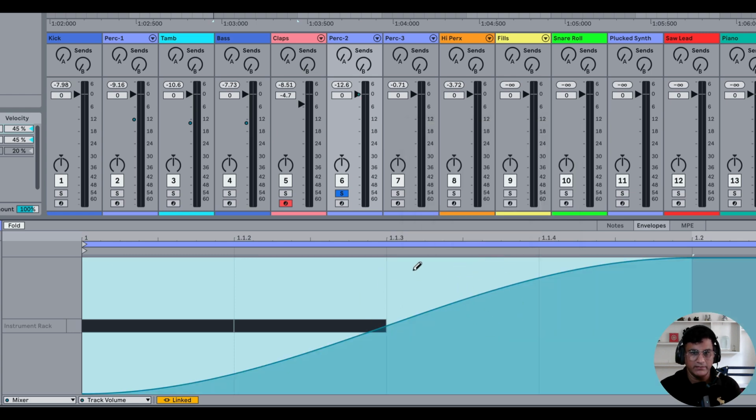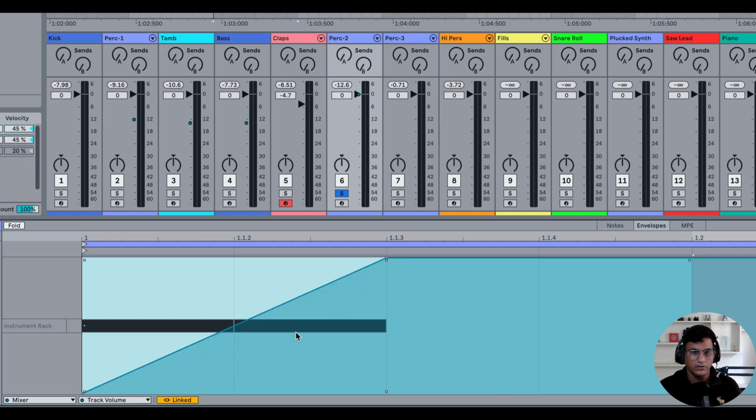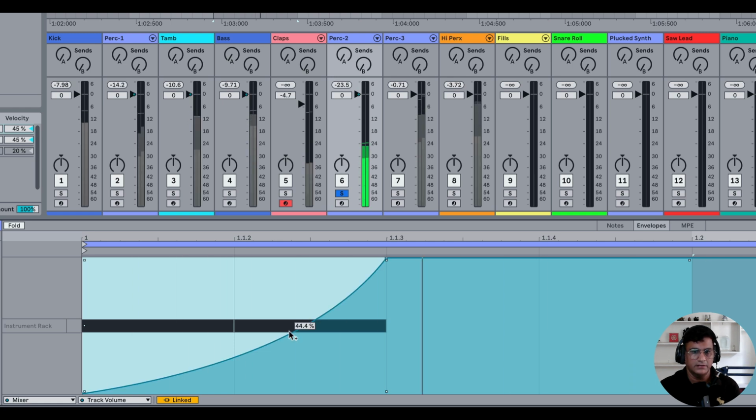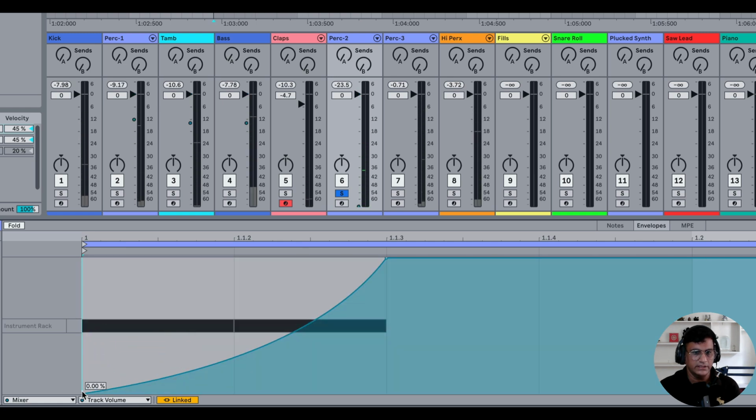Select your pencil by clicking B. Get rid of this dot here. Hold Alt and make the shape. Let's hear this. That's too much of a ducking, so let's push this up to say